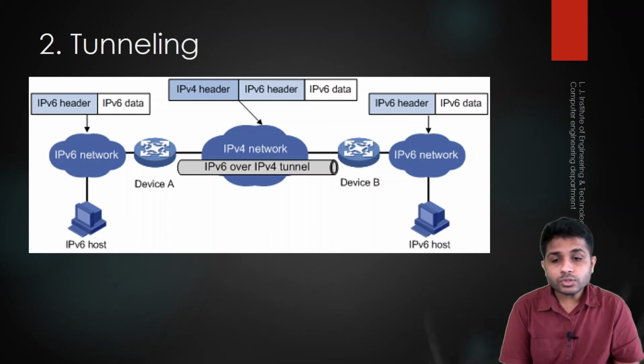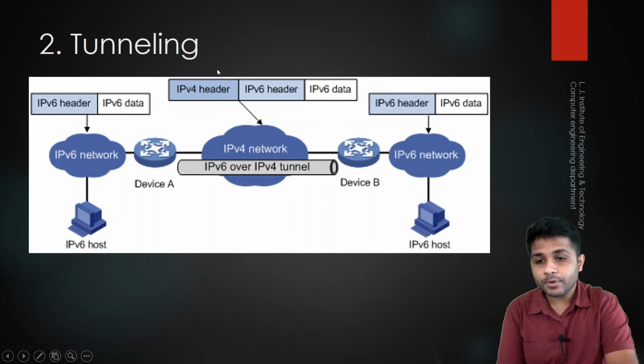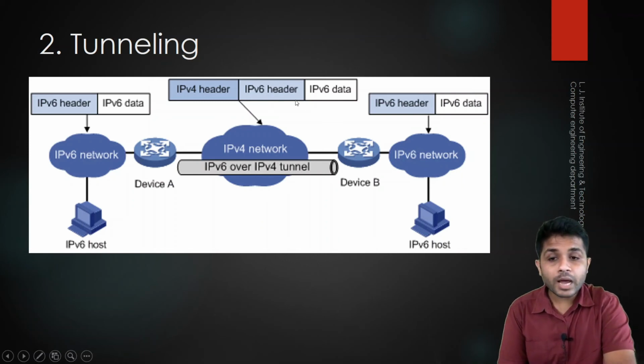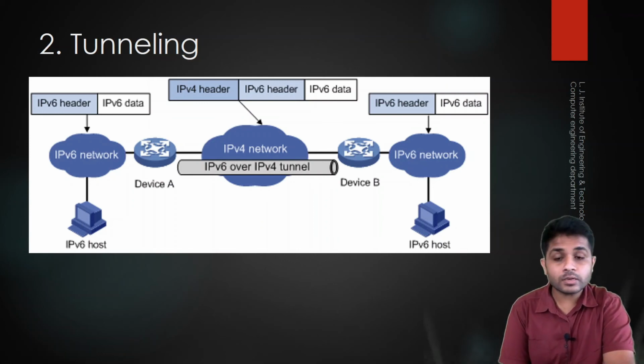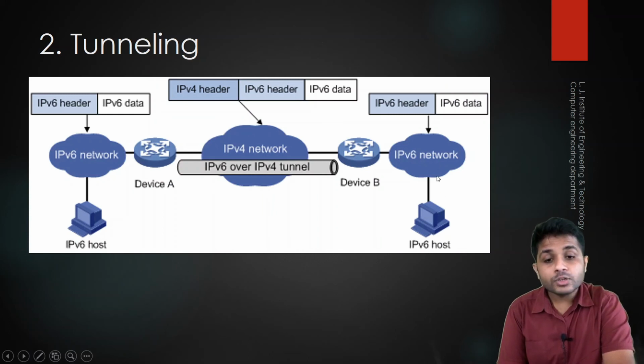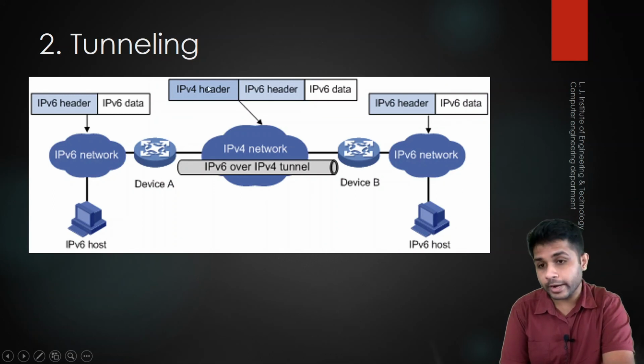So to solve that problem, we will add some extra IPv4 header. You can see that apart from the IPv6 header, we are adding the IPv4 header at device A, so it can be easily forwarded to the destination. Now what are the precautions that we have to consider? The packet should be received using the same path, because only this router knows to which IPv6 address the IPv4 address is provided. So when the same router receives the packet, it can unmap those packets, right? And this is how tunneling works.